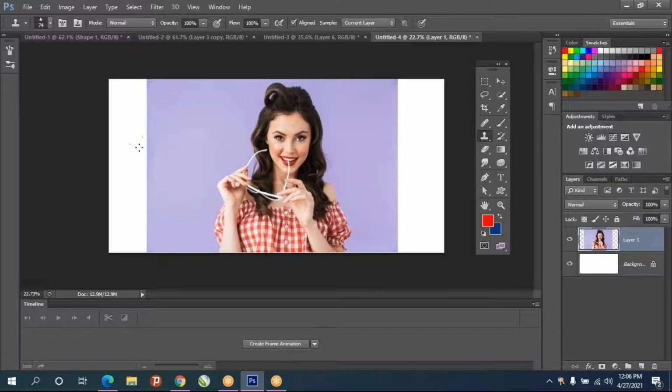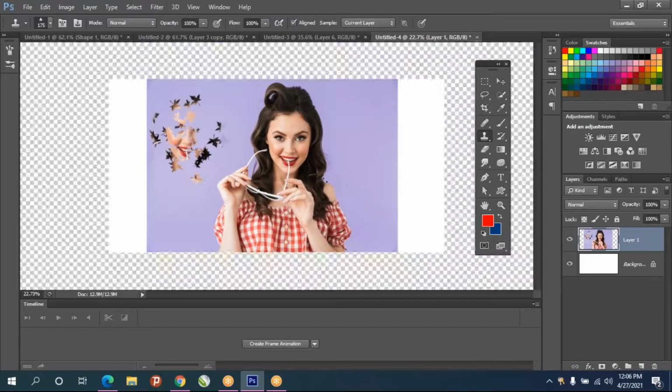See, alt-click and increase the brush size. So exactly like that it will come there. So that is the clone tool.